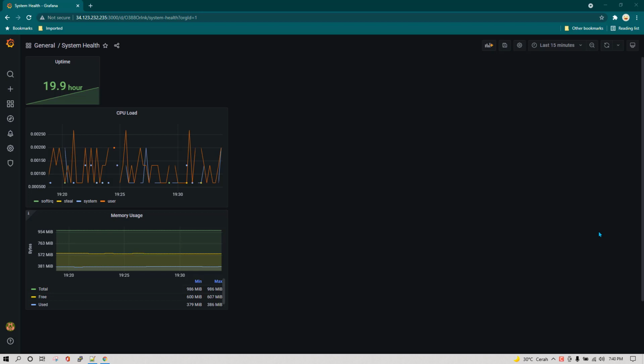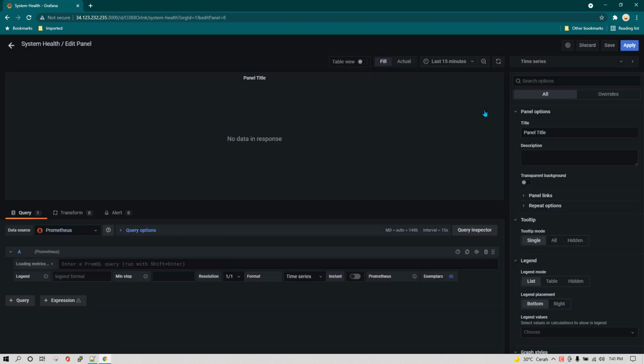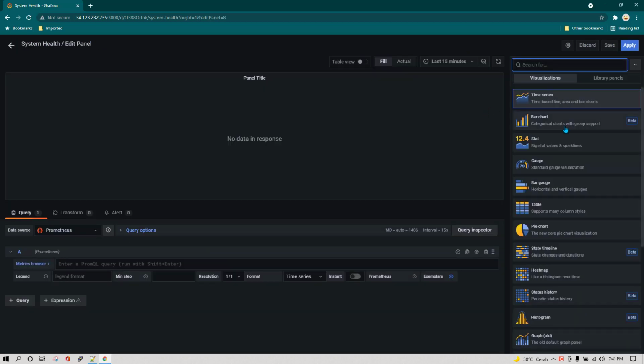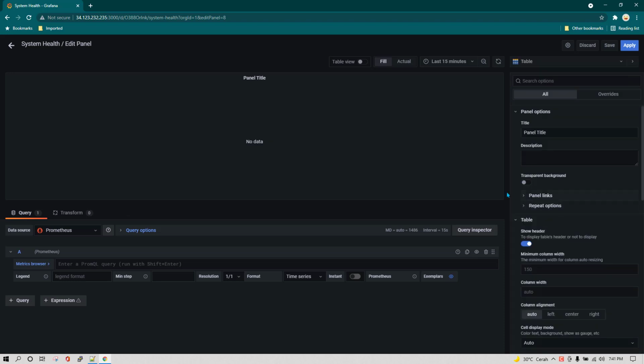So in this lesson we are going to learn how to use table visualization, and for that I'm going to click again on add panel, going to add an empty panel, and then we are going to select table. Now in table we should be showing something which has tabular information, and that can be something like, let's say, disk space utilization for all the different mount points.